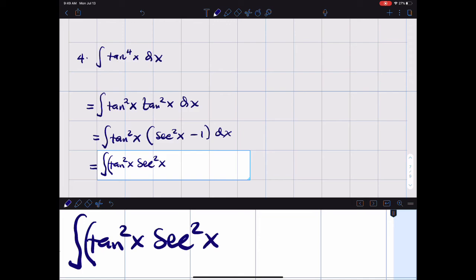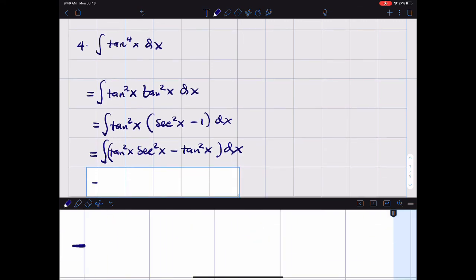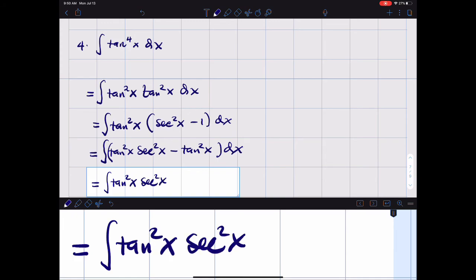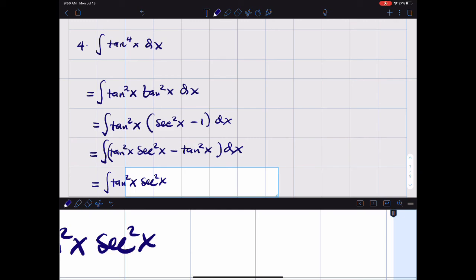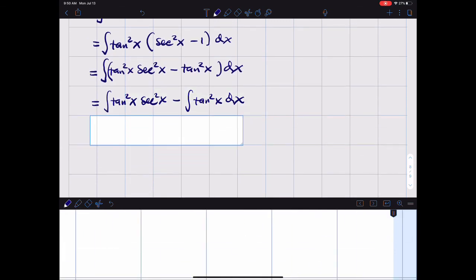Tangent squared x, secant squared x minus tangent squared x dx. So what can you do with this? You break up the integral: integral of tangent squared x, secant squared x, minus integral of tangent squared x dx. But we're still not there